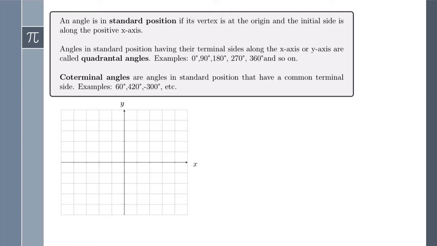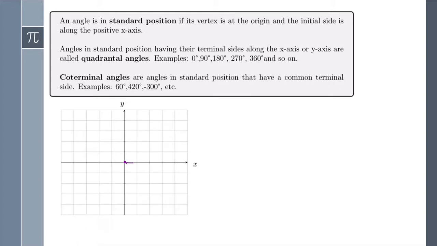So now we know what angle means, the different types of angles that we have, and how we measure angles. Now, usually in this course, we'll talk more about trigonometric functions, and when we do that, we usually place the angle in a certain position. So an angle is in standard position if the vertex is at the origin, and the initial side, remember we have initial and terminal sides for the angle,